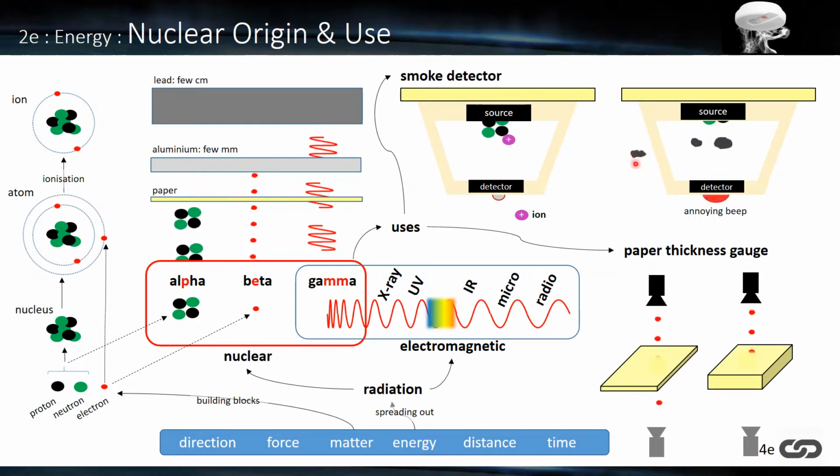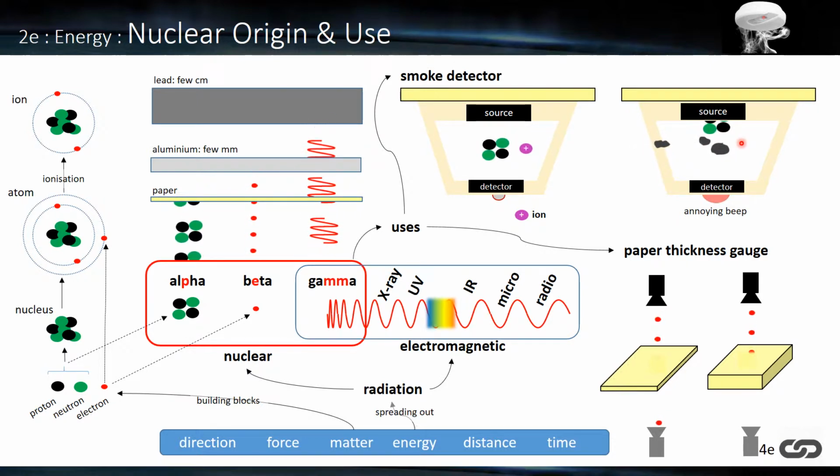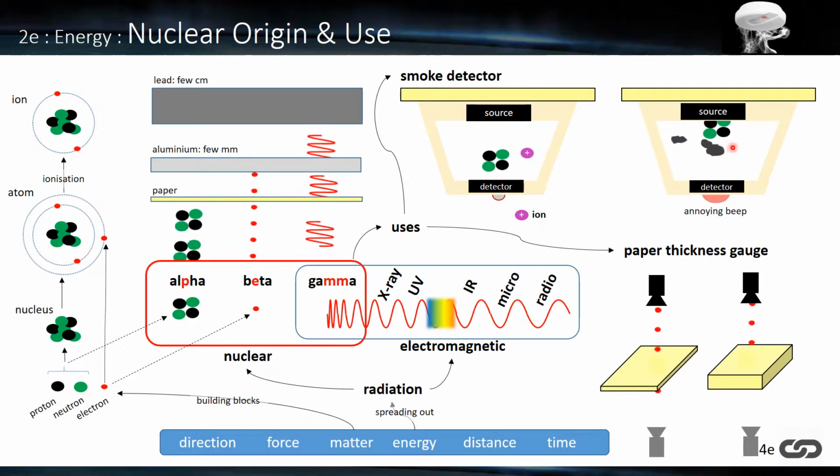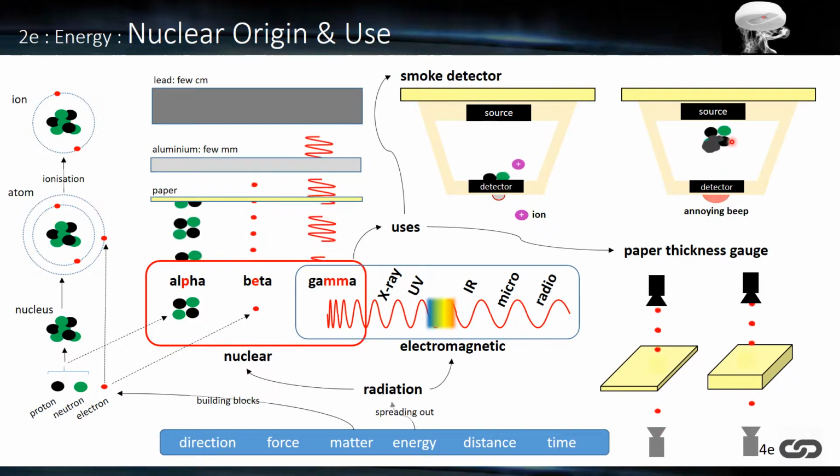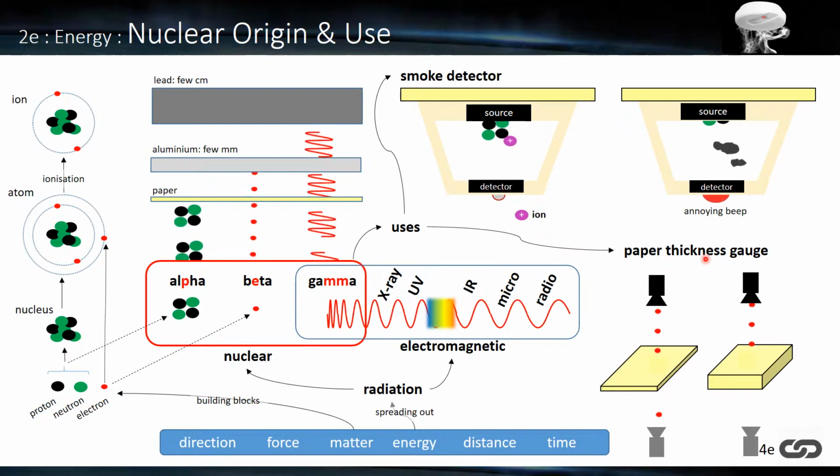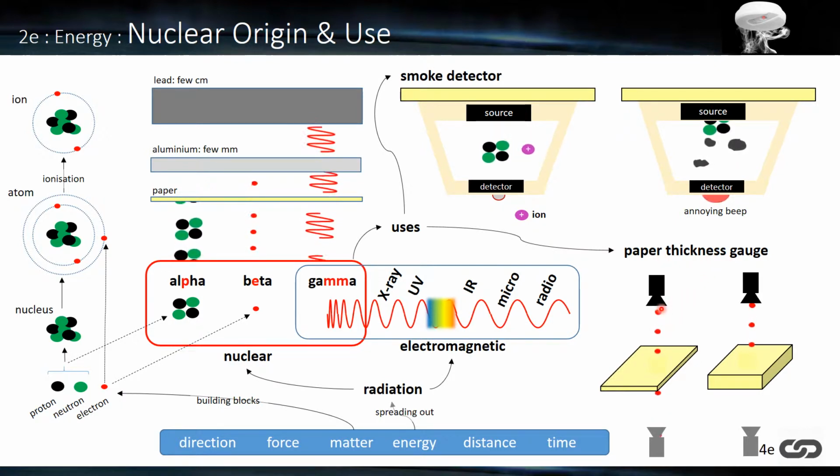Now if there's smoke, so these are smoke particles, they will block and disrupt the ionization process, so we get fewer ions being produced, and therefore the current falls, and then we get some kind of alarm being sounded. So we also have paper thickness gauge, so this utilizes beta, so we get a stream